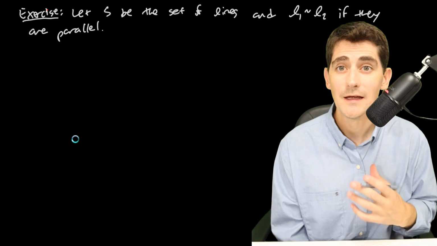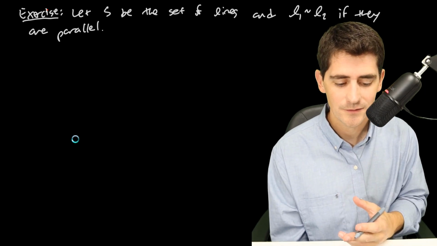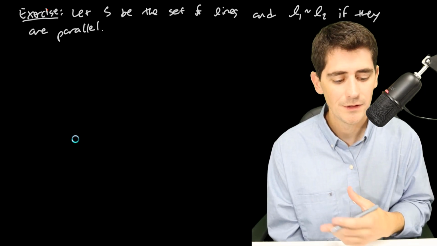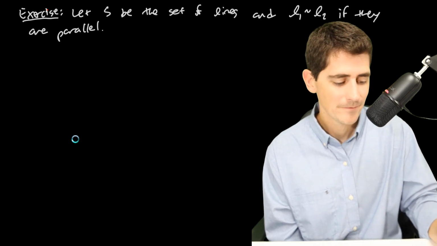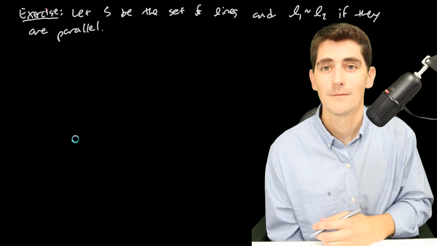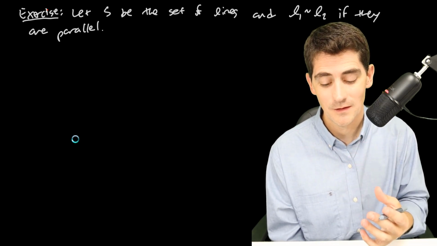So this time we're going to let S be the set of lines, and we're going to take two lines, L1 and L2, and say that they squiggle if they are parallel. Is this an equivalence relation? All right, so again, we have to show the three things. Now, remember,